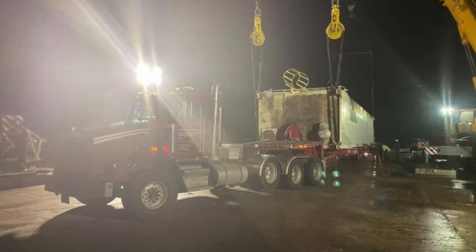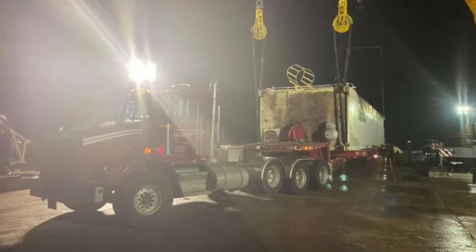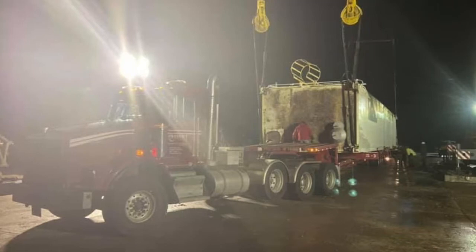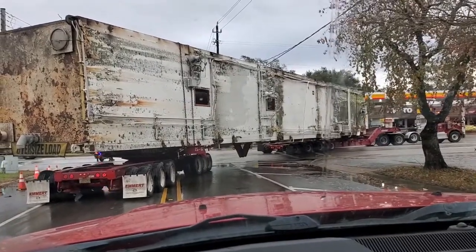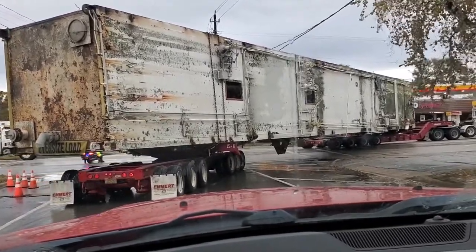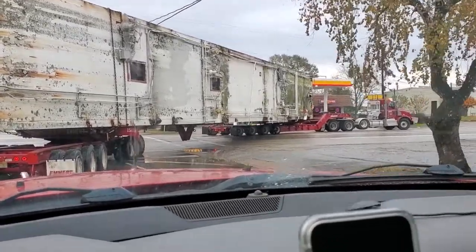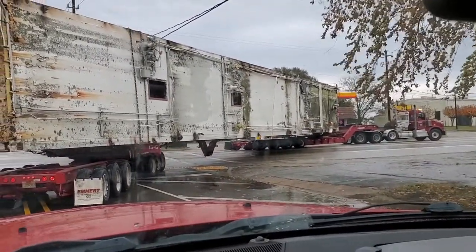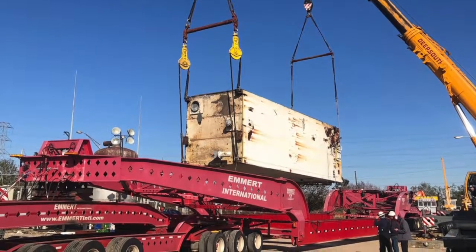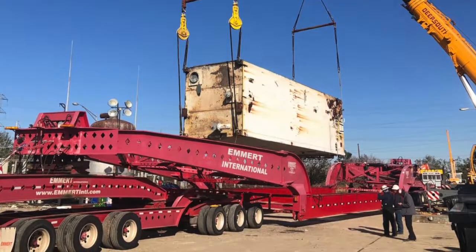The argon package was 78 feet 5 inches long by 15 feet 6 inches wide by 10 feet 7 inches high and weighed 48,079 pounds. The column package was 114 feet 6 inches long by 17 feet wide by 14 feet 3 inches high and weighed 146,673 pounds. The PHX package was 48 feet 5 inches long by 14 feet 4 inches wide by 16 feet 4 inches high and weighed